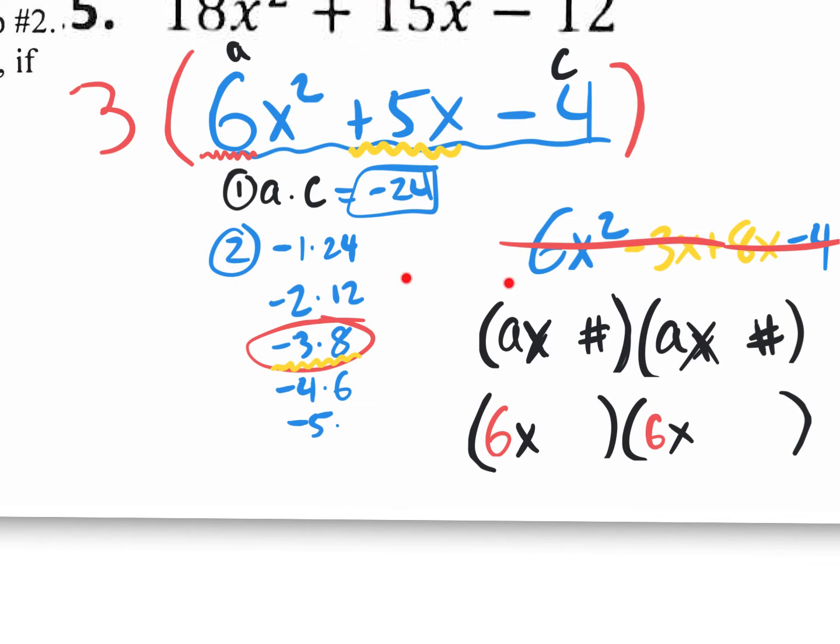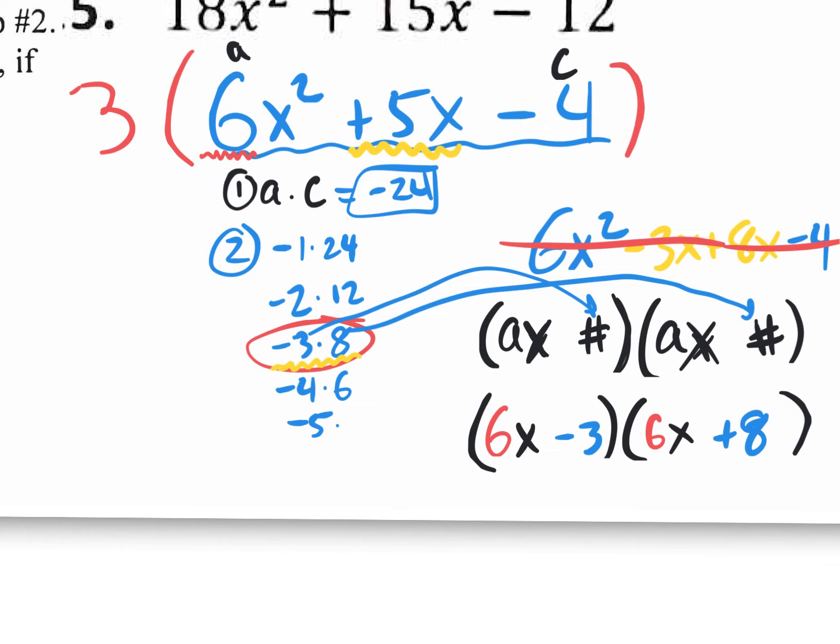The negative 3 and the positive 8 go right here. Negative 3, positive 8. Let me actually draw that. Negative 3 is going to go right there. Positive 8 is going to go right there. So minus 3 plus 8. So this is a shortcut, right? Instead of doing the 4 terms and factoring by grouping, which is another 3 steps on its own,